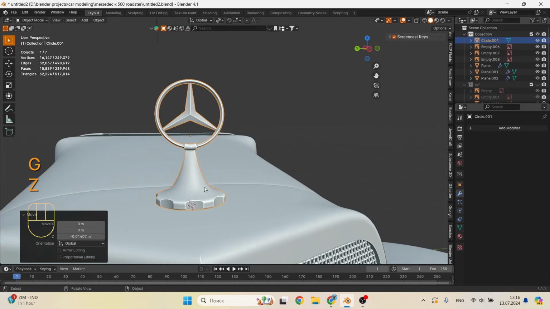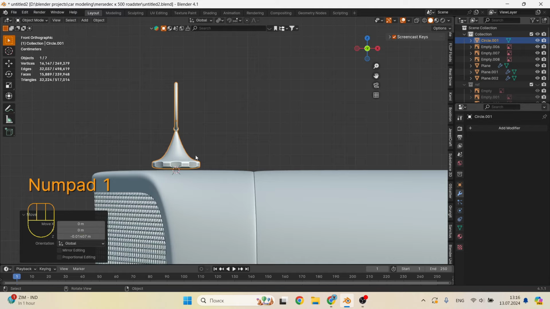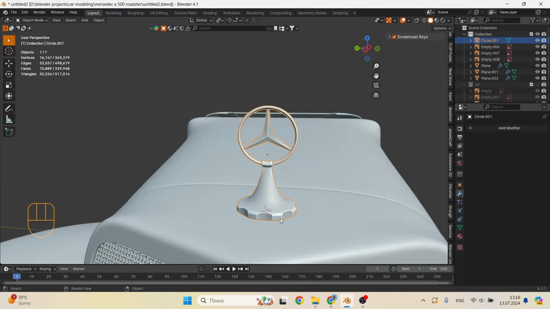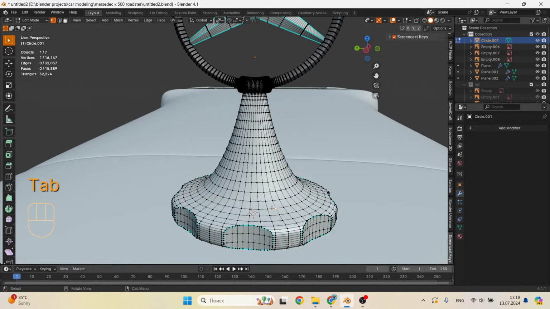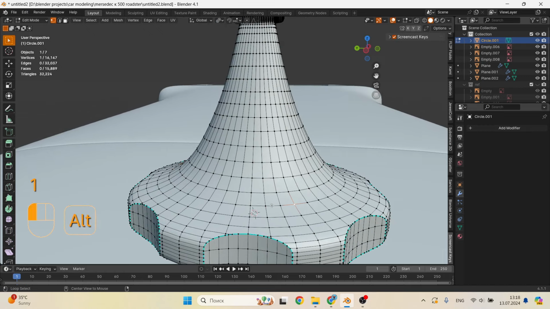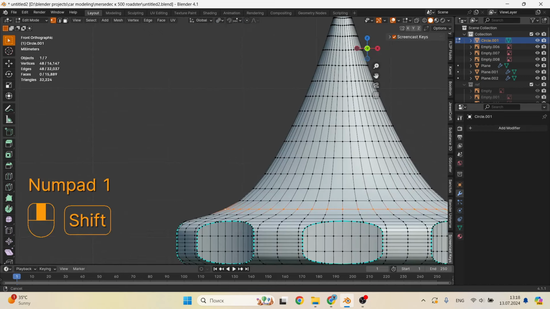And one more thing, as it seemed to me, it would not be superfluous to make, on the leg of the logo, such a step. Such small details give depth to our models. Well, that's good, it's better that way.